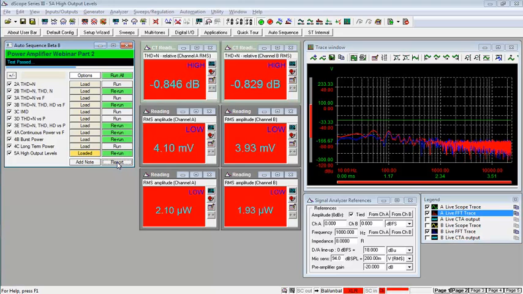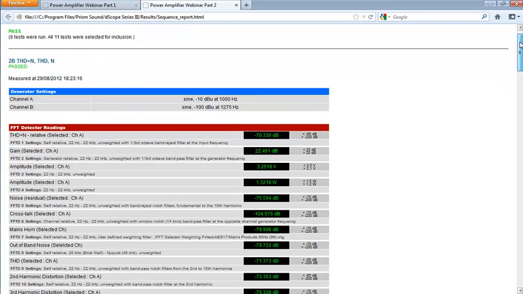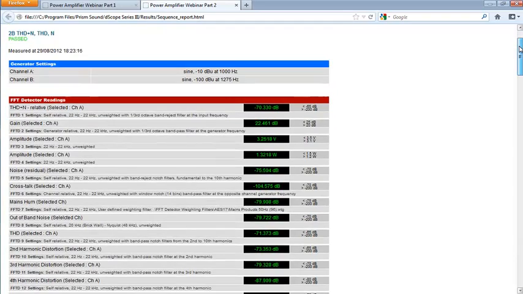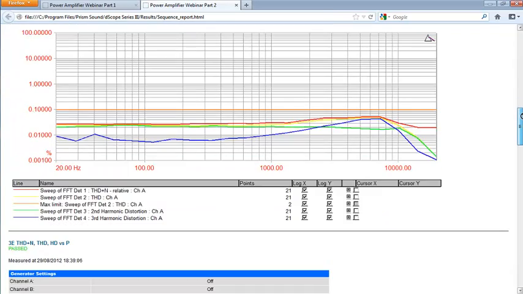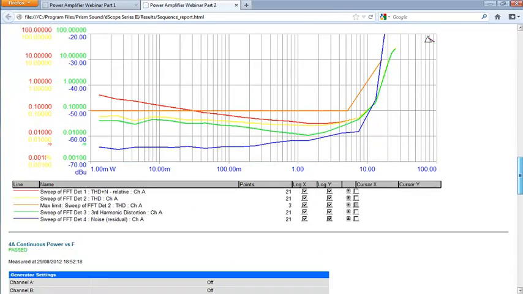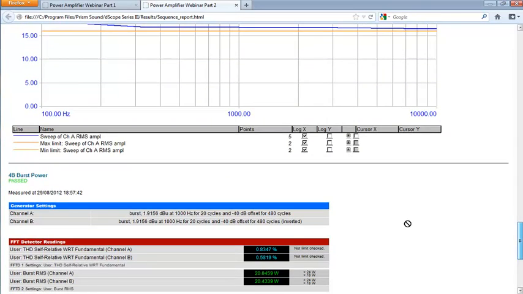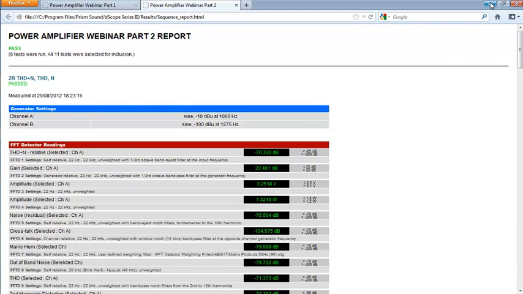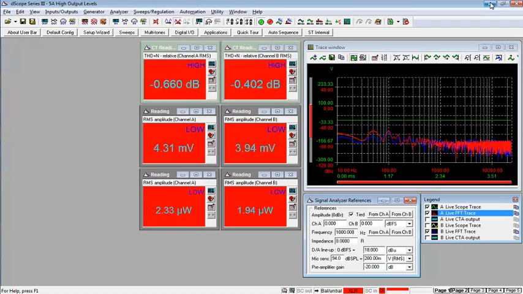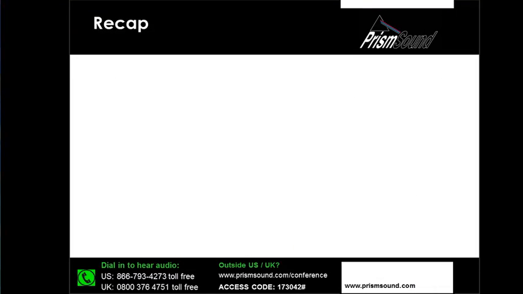So now, if I hit my test report here, I've now got a comprehensive report of all these tests that I've now run, and these are slightly more detailed, as we saw. We've gone through some more in-depth diagnostics to get to the bottom of why our original tests failed. And there we have it. We've got a graphical and numerical report of all the tests that we have now conducted, and thankfully, that's a relief. All my tests have passed, and I'm now able to move on and design my next amazing power amplifier circuit. So, having debugged all of those tests then, let's go back to our presentation here and just quickly recap